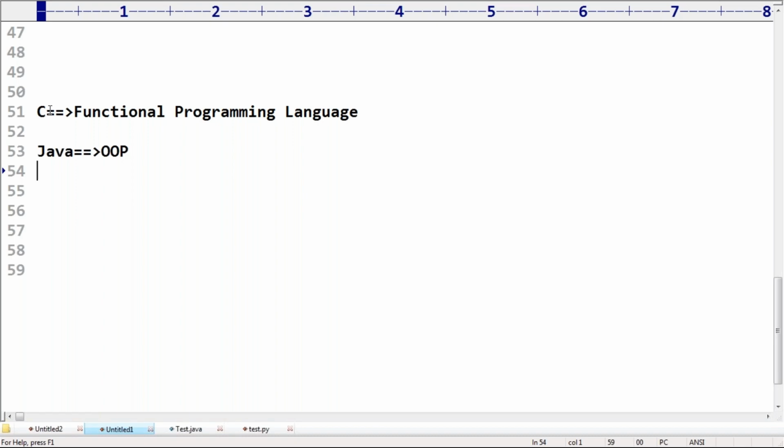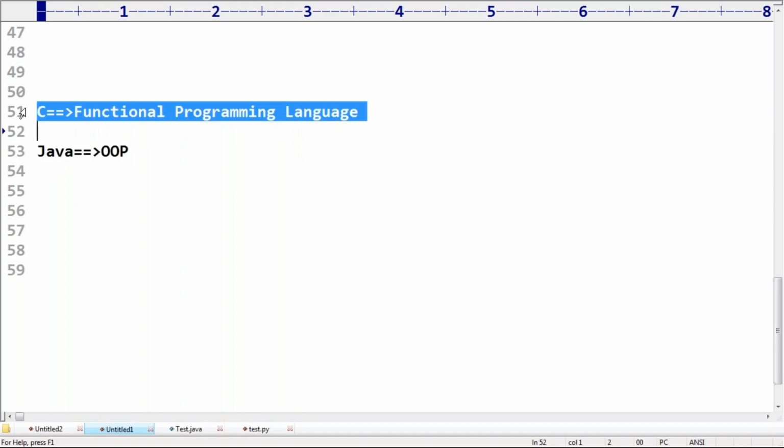Not at all. Impossible, sir, because Java is an object oriented programming language. It is not functional programming, it's not a scripting language. That's why Java is missing the benefits of functional programming, and C language is missing the benefits of object oriented programming.